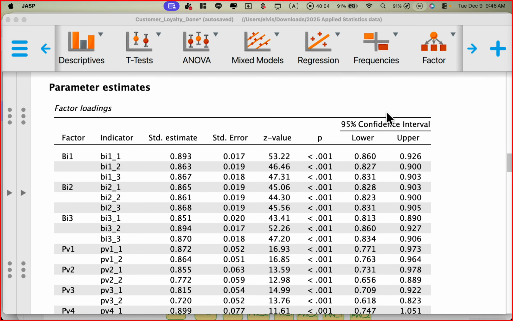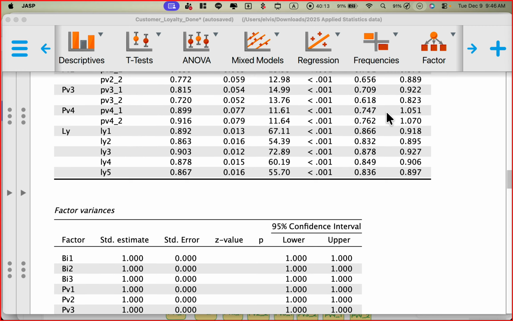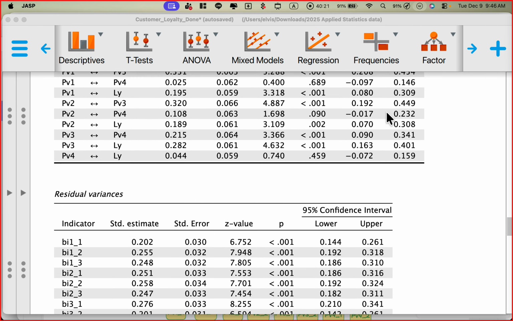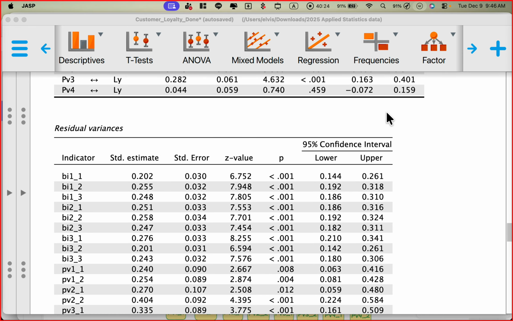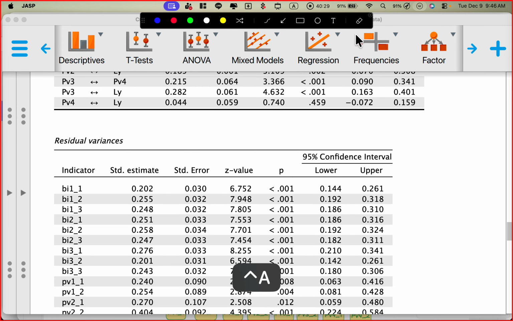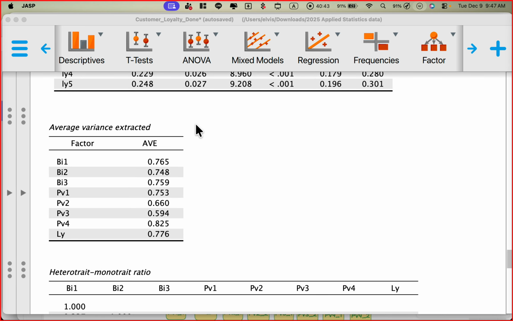Okay, that's the factor loading. You can see the residual variance here, right? The residual is the measurement error, something we cannot explain by the factors for the indicators. And also the AVE,